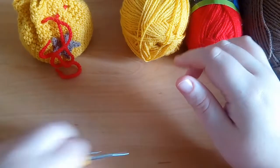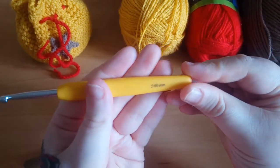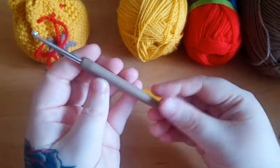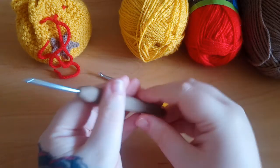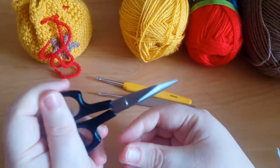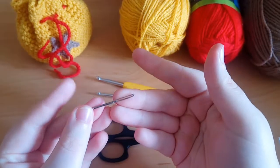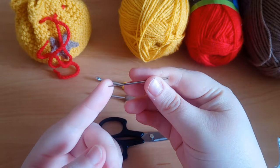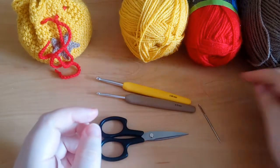For hooks you'll need a 5mm and a 3.75mm. Then you'll need scissors and a wool needle or a yarn needle with a blunt tip. So that's what you'll need